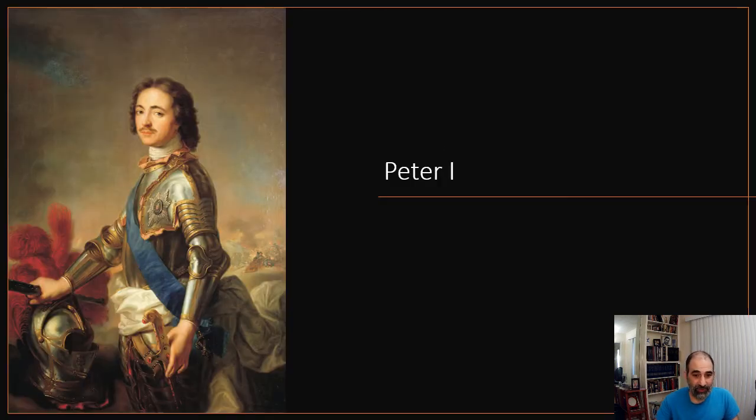This is Peter I, and Peter I is fairly young when he comes into power. When Peter I comes into power, he's basically a contemporary of Louis XIV, right? And he basically wants to be like Louis. The story goes that when Peter was young, he would go over to the West. He would go in disguise, pretending to be an average person or a merchant, and see what people were doing in France, and then come back to Russia and say everybody's got to do the same things that they're doing in France.